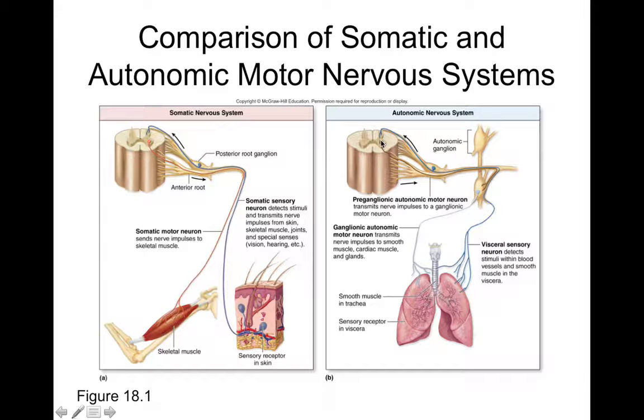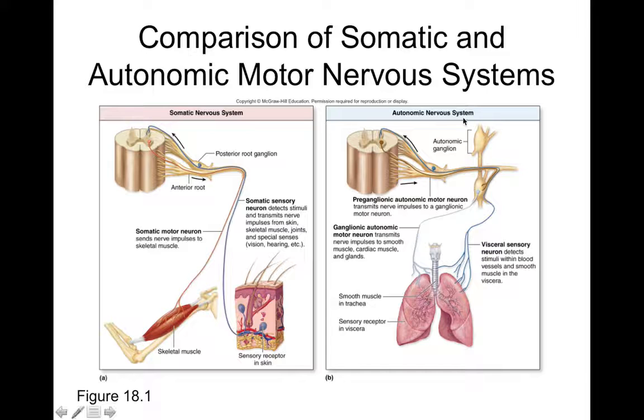And so most of what we'll talk about today, you guys, is the autonomic motor division. So if it's autonomic nervous system, is that conscious or unconscious? Unconscious, right? So if it's unconscious, what type of muscle is it going to control? Smooth and cardiac and glands, right? When we say glands, you guys, really it's controlling the smooth muscle in glands, so that when you squeeze on the smooth muscle in a gland, it squeezes the secretion out. That's what this is doing.